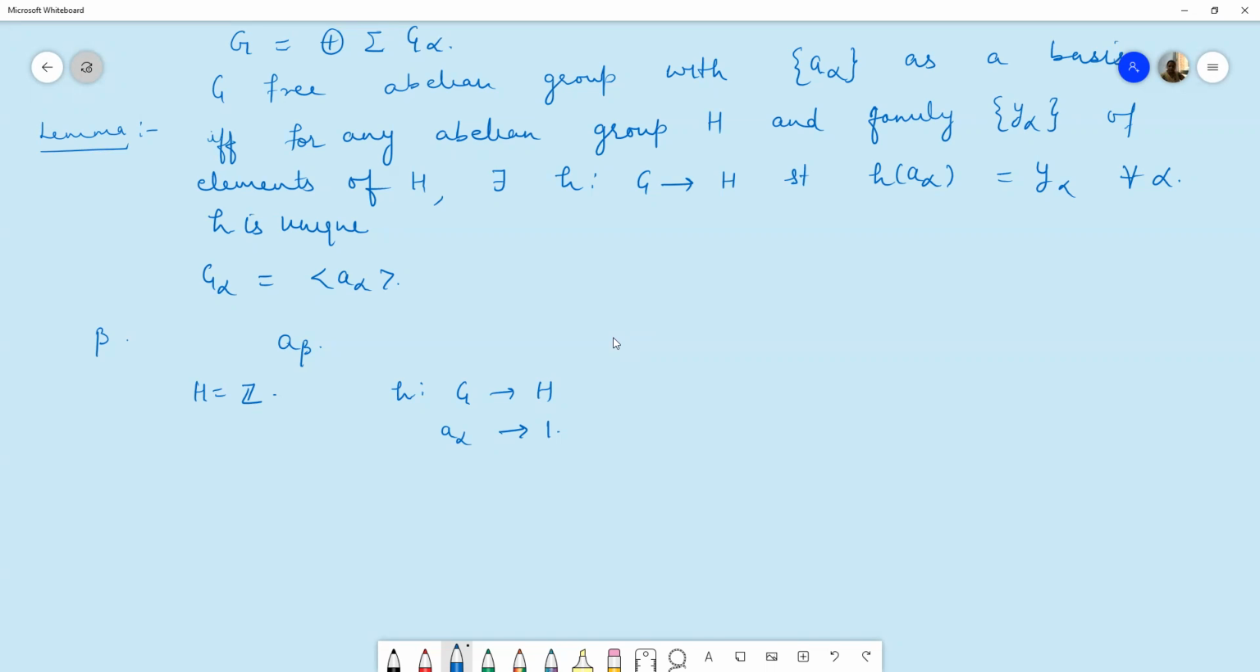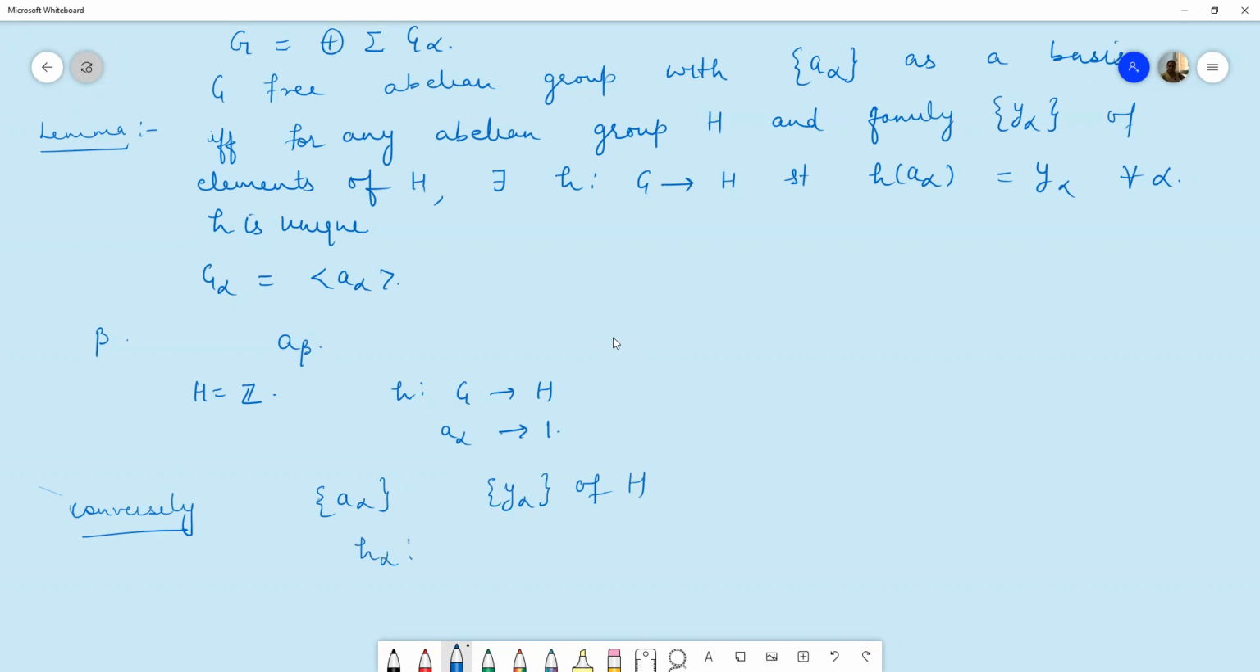which means G is a free abelian group. Now conversely we assume that G is a free abelian group and we want to prove the extension condition. Now G is a free abelian group with basis A alpha. Now given the elements Y alpha of the group H,